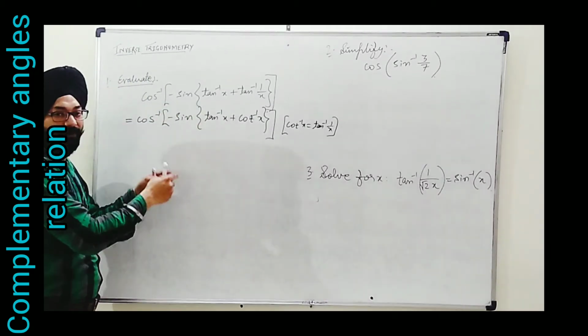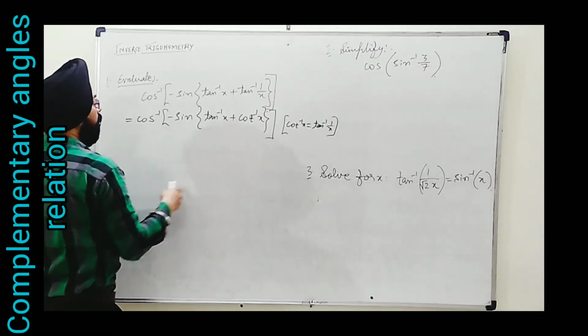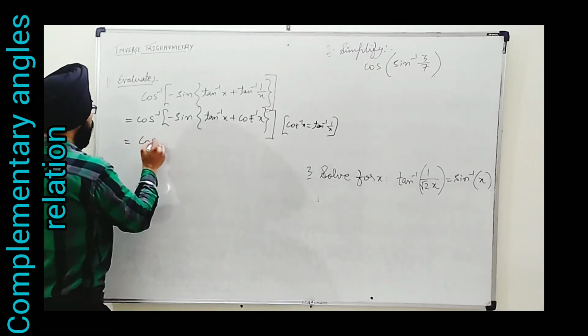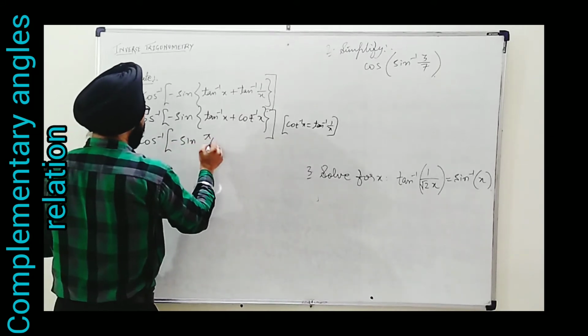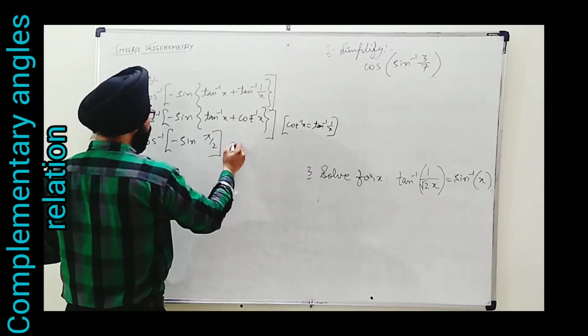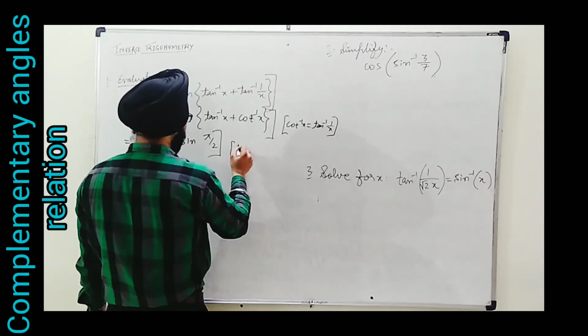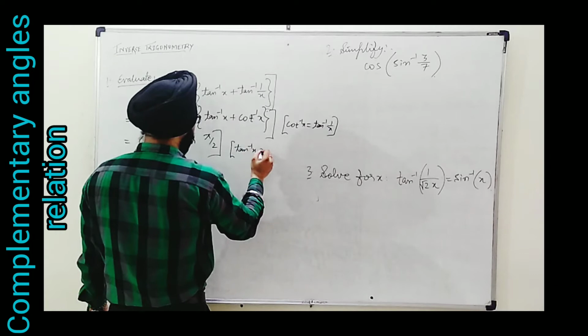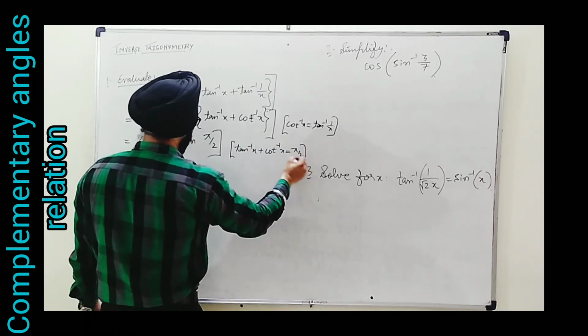So it is just to confuse you. In this equation given, no x is needed. So we can see this sum will be equal to pi by 2. So cos inverse, next step we can directly write this is pi by 2. But whenever you are using an identity, just mention in bracket as the reason that tan inverse x plus cot inverse x is equal to pi by 2.